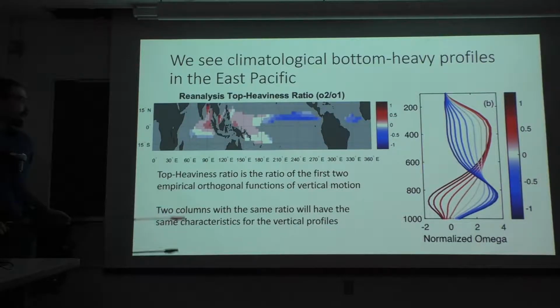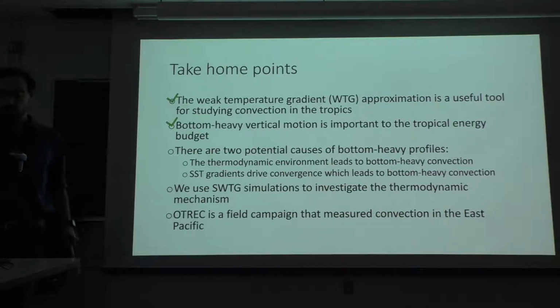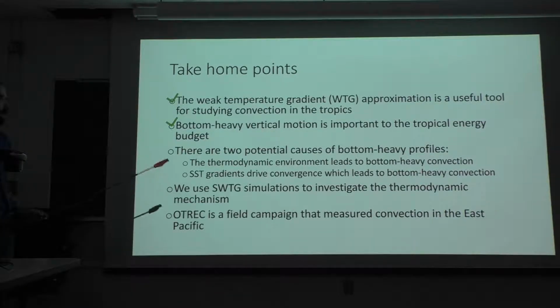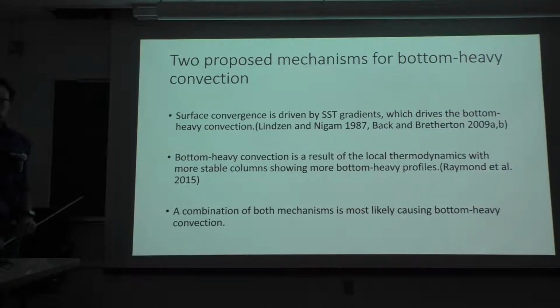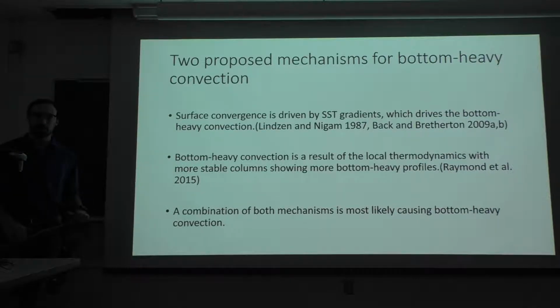But yeah, when you have, so yeah, we see bottom heavy vertical motion in the East Pacific, and it is important to the energy budget of the atmosphere. So now I'm going to move on to the two potential causes for bottom heavy vertical motion. The first one is that surface convergence is driven by sea surface temperature gradients, which essentially force the lower